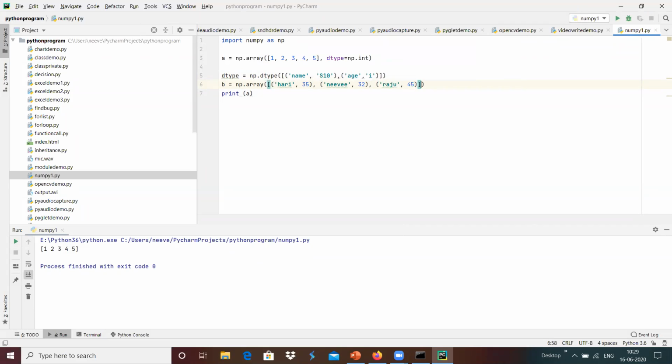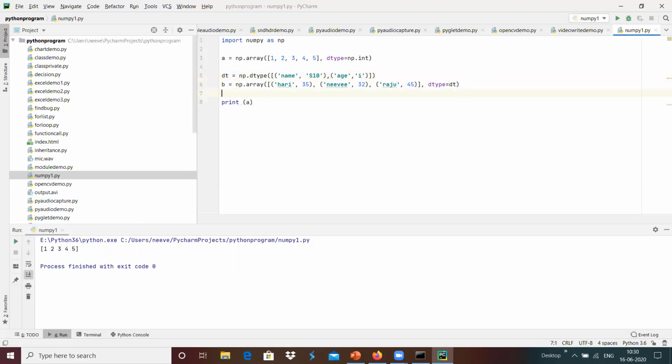Once it is done, we add the option dtype equals dt. Sorry, I'm going to define this as dt.